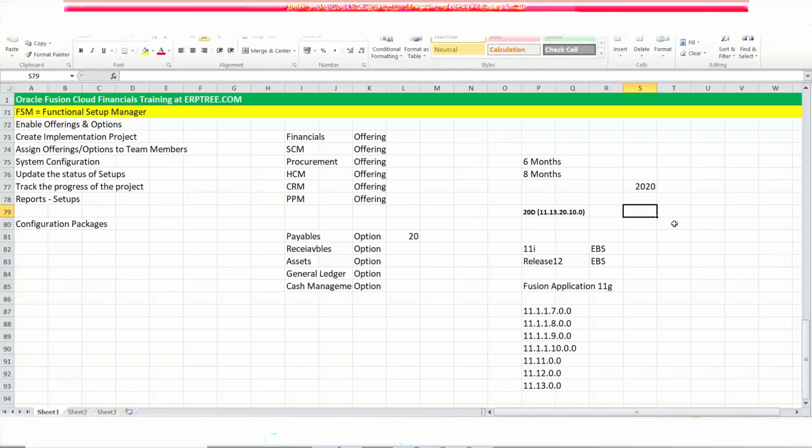Here they have given 20D. 20D means, see here, in 2020 the first patch that they apply, they call as 20A. That means the first quarter patch is applied. 20B means second quarter patch is applied. 20C means third quarter patch. 20D means fourth quarter patch. Now the instance we are using has the fourth quarter patch applied in 2020, and again we are